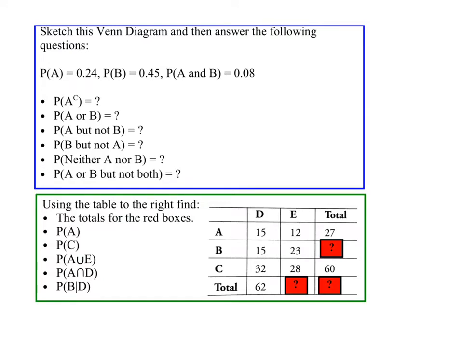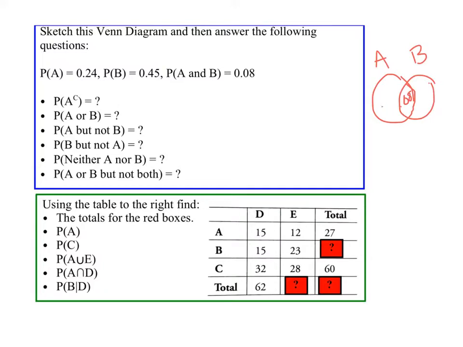In this video, we're going to review some things and then kind of close up Chapter 5 on probability. So, first of all, sketch the Venn diagram and then answer the following questions. I'm going to sketch it off to the side here. So we've got A, and we've got B, like that. The probability of A and B is 0.08, so that goes in the middle, which means the probability